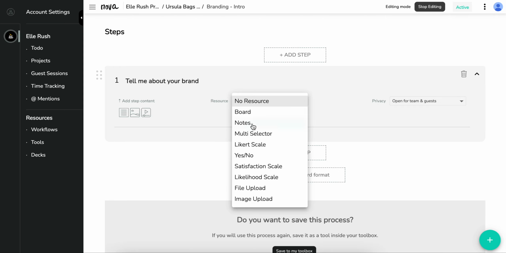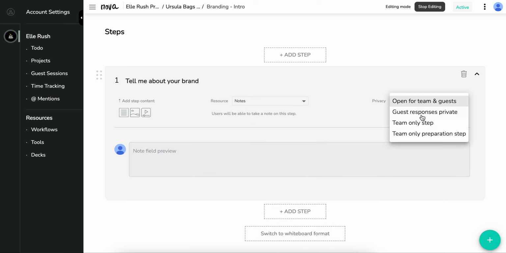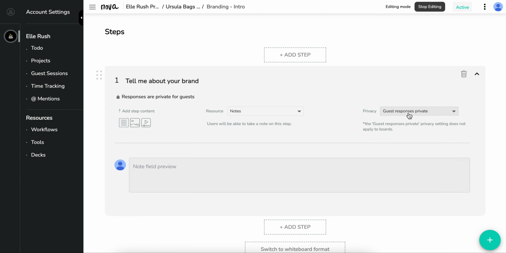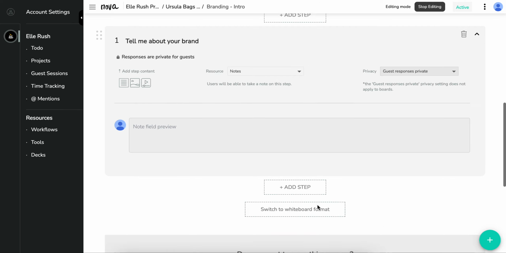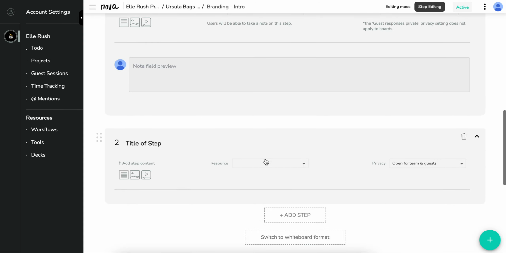I'm gonna choose notes, and then I'm gonna keep the answers private, so when the whole team answers, they don't see their answers, and I can evaluate if the team is aligned and they have a similar perception of the brand. I will keep adding steps and choose the